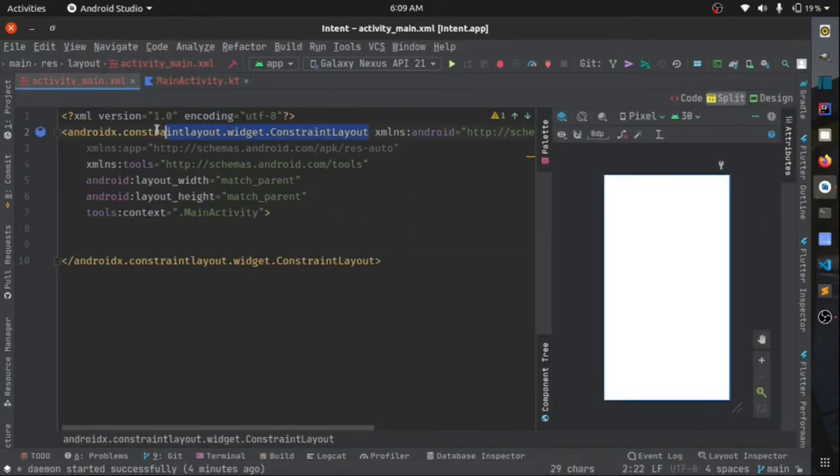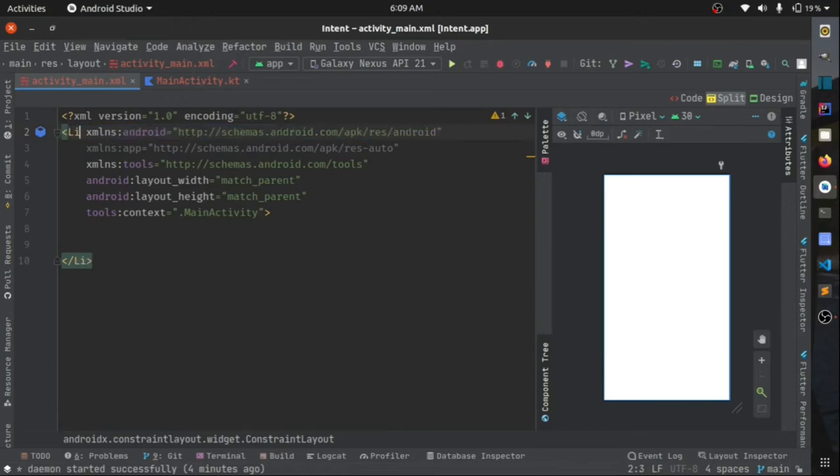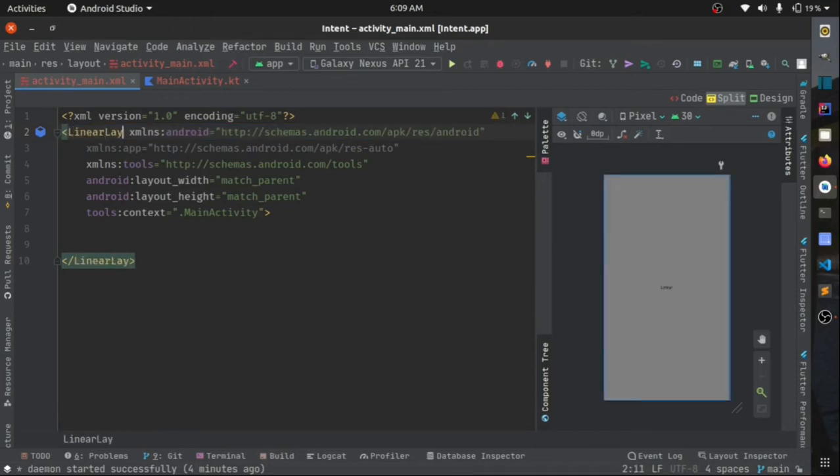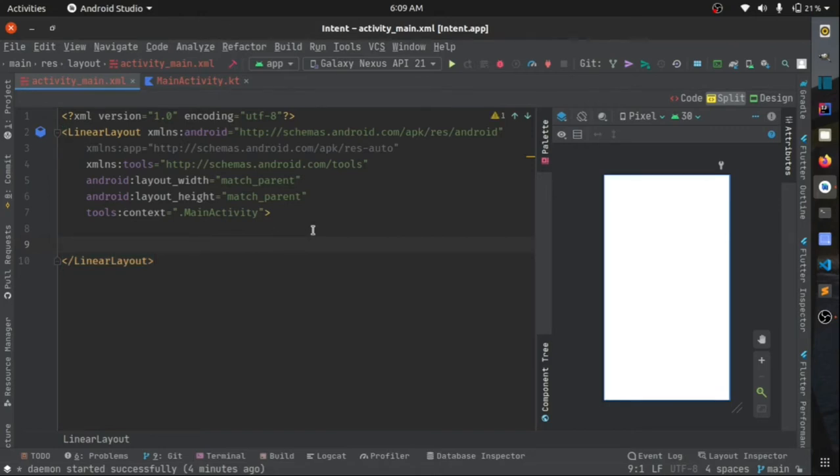We'll change the constraint layout to linear layout. In the linear layout, we want two buttons, one for launching an explicit intent and another for an implicit intent. So we'll create a button